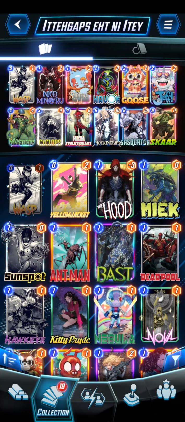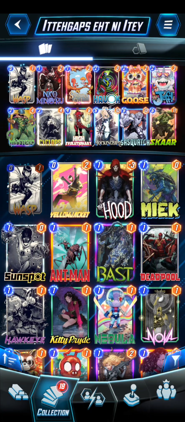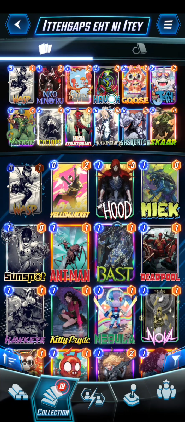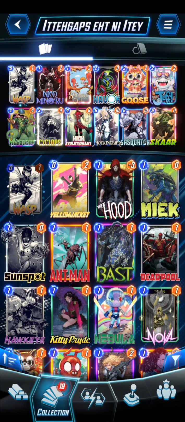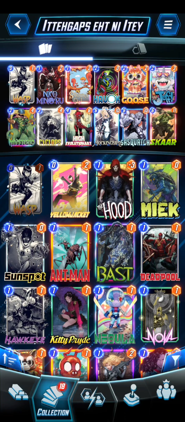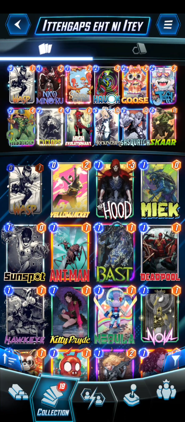You can sub those out for any number of tech cards. You could play Havoc on 4. That way you could throw in a Shang-Chi, or you could play Havoc on 3 and throw in Shadow King, Quake, Red Guardian, instead of those. But for me, I wanted to have the brothers, Havoc and Cyclops, in there. So